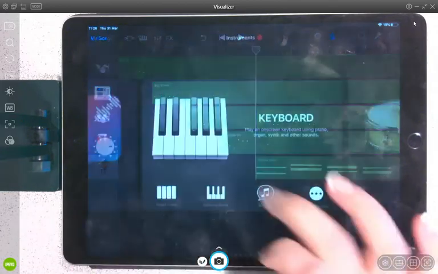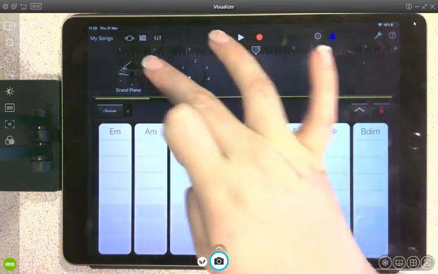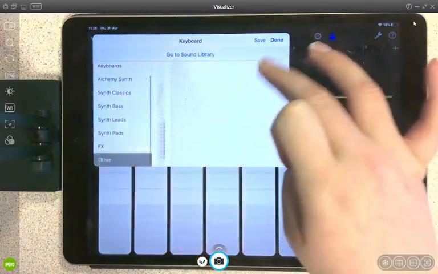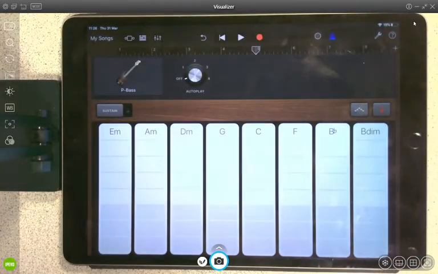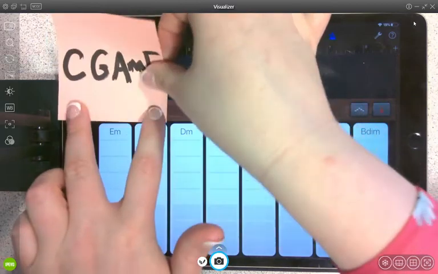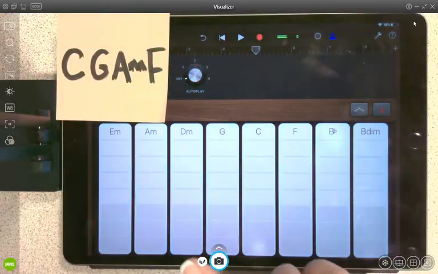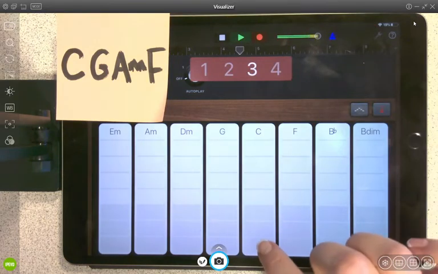And anywhere on the white part will do. I click plus and I add another Smart Piano. And this time I'm going to turn my piano to a bass guitar, but this must be done on the piano, okay? I'm going to do exactly the same chord pattern, but I'm going to do it on the grey bits because it's a bass guitar, so it's low. Hold it down again,